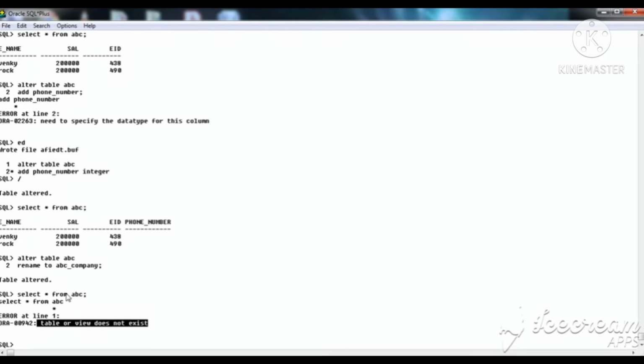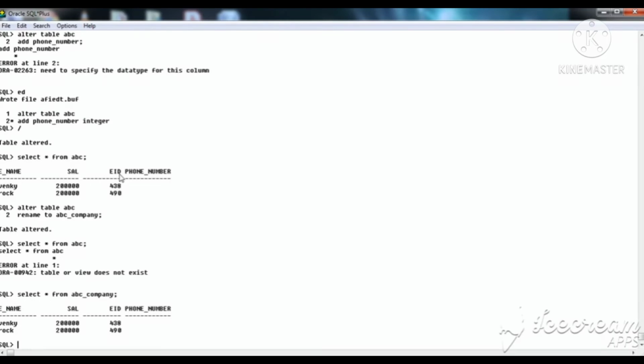So what if we are changing the ABC table name to ABC company? So I am using select star from ABC underscore company; semicolon.